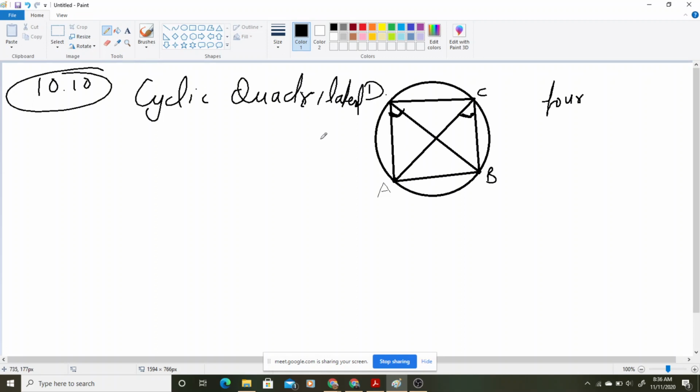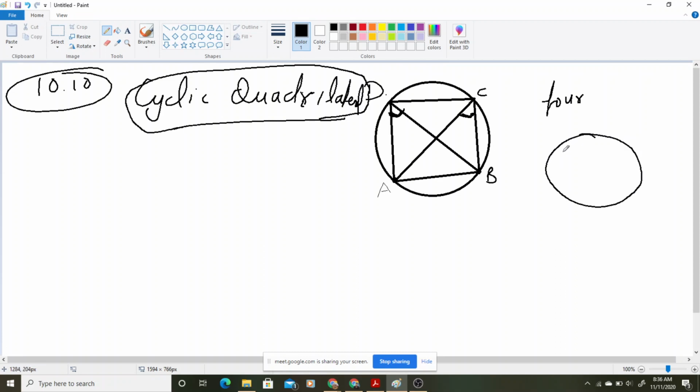So you have to remember this term, because now you will be listening to this term in your whole exercise, cyclic quadrilateral, that draw a cyclic quadrilateral. So whenever you are going to draw a cyclic quadrilateral, you will take all the 4 points on the circle like this. Okay, so this is the thing you need to remember from this theorem 10.10. Okay, so let us move to the next one.